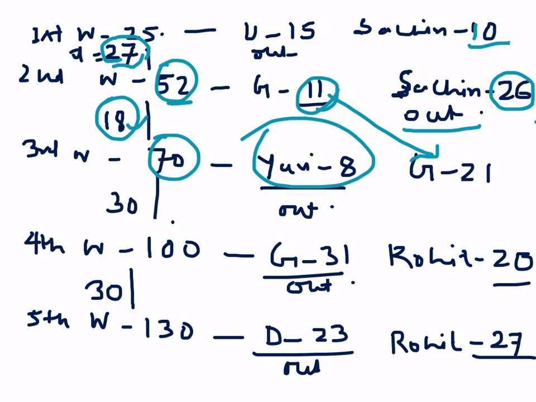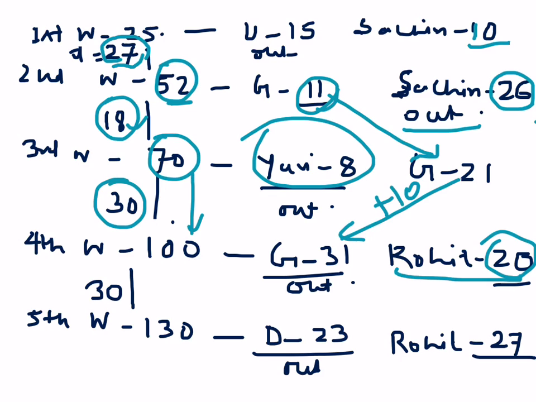We move forward. The next wicket is at 100. So the total runs which increased was 30. Now Gambhir is at 21 and the next batsman has made around 52. So Gambhir has to get out because he has made 31. So of this 30, 10 runs will go to Gambhir and the rest of the 20 runs go to Rohit. So Gambhir gets out as the fourth wicket at the score of 100.